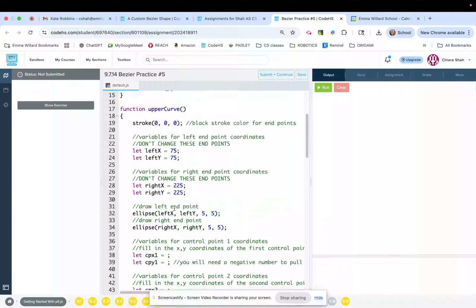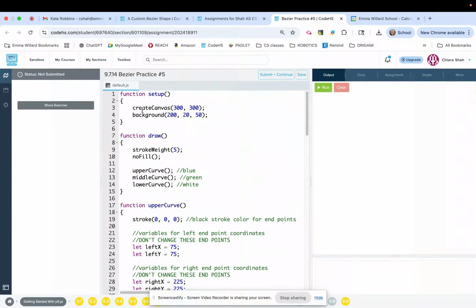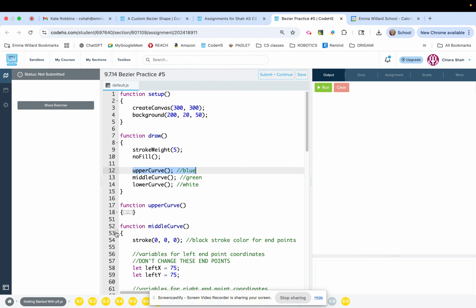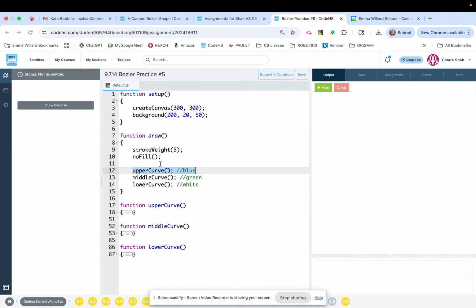You'll notice there's a lot of code already written for you. This code is in 3 different functions called upper curve, middle curve, and lower curve right here. So the draw function just gives you a stroke weight and says that there's not going to be a fill color. And then we're going to do the upper curve in blue, the middle curve in green, and the lower